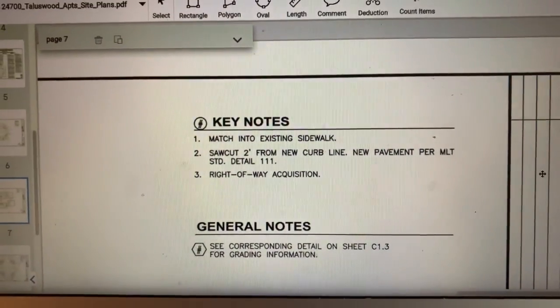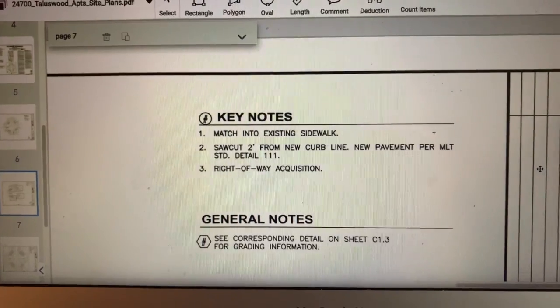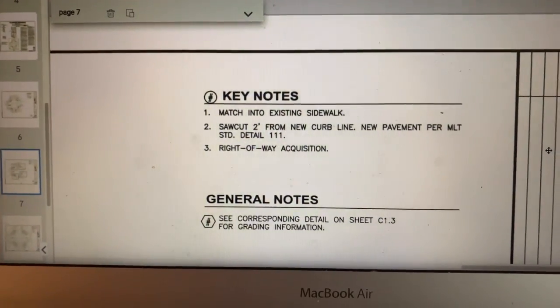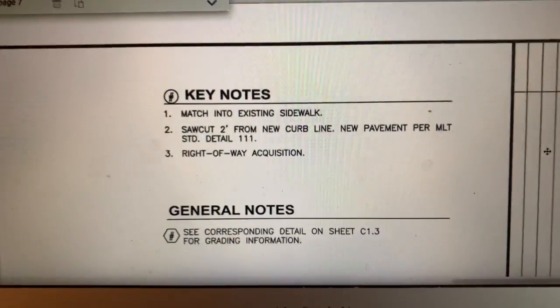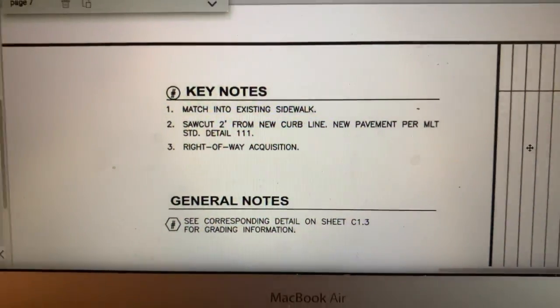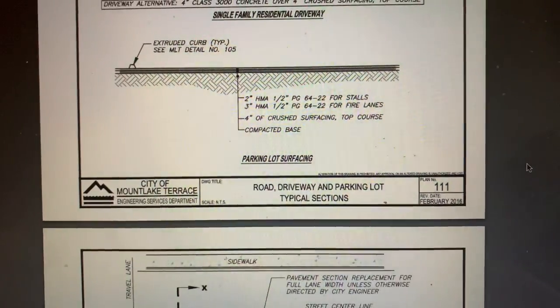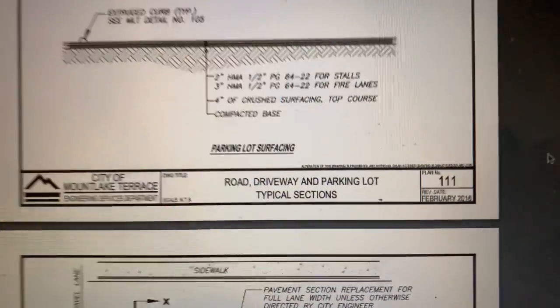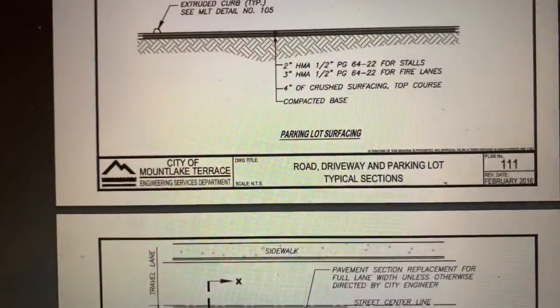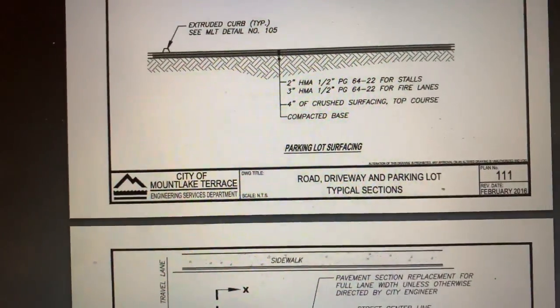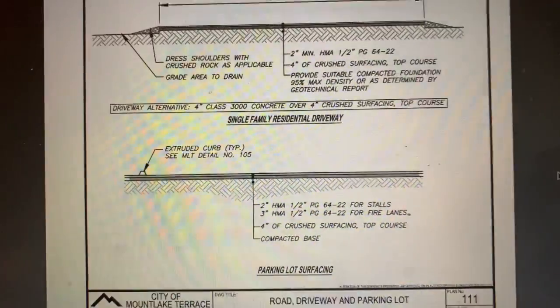The whole reason they're doing all of this is because they're putting new push buttons in at the intersections for pedestrians. Okay, so we're going to look at standard detail 111. All of these pages alone will be saved into Google Drive. So here we are, sheet 111. Road, driveway, and parking lot typical sections. It's weird that they went to this, but